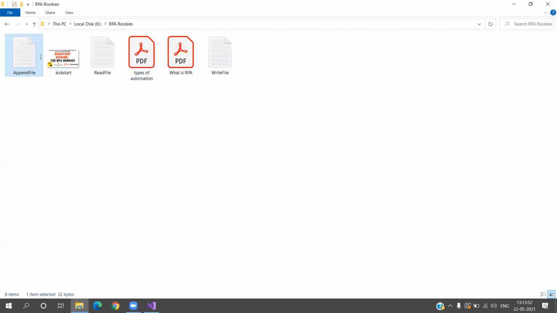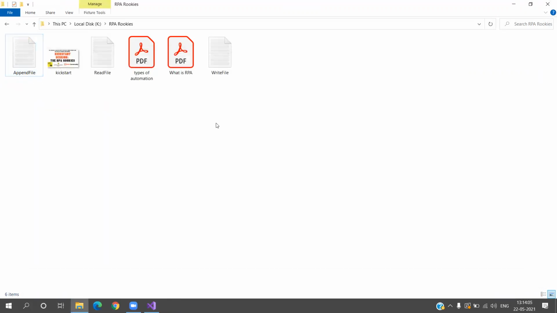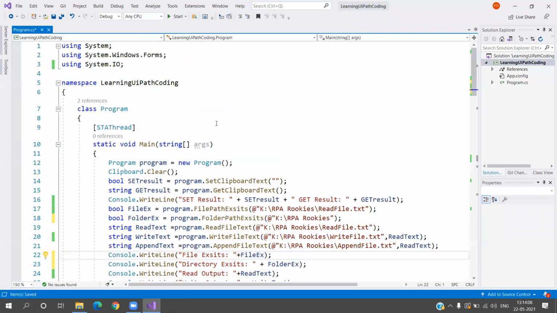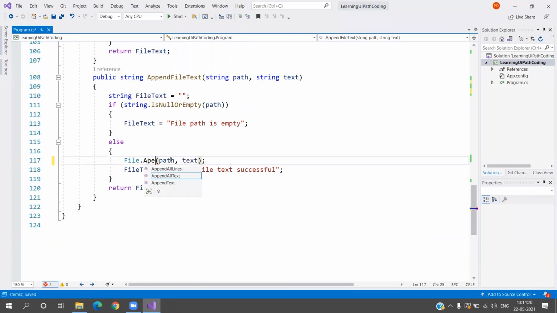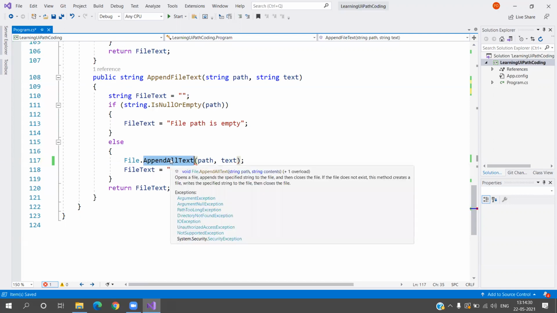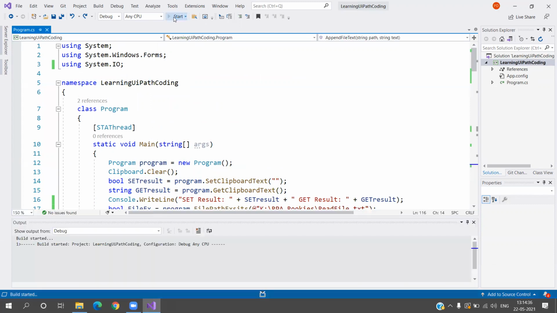Hello, this is read file, and hello, this is append file. Okay. Now let's execute it.